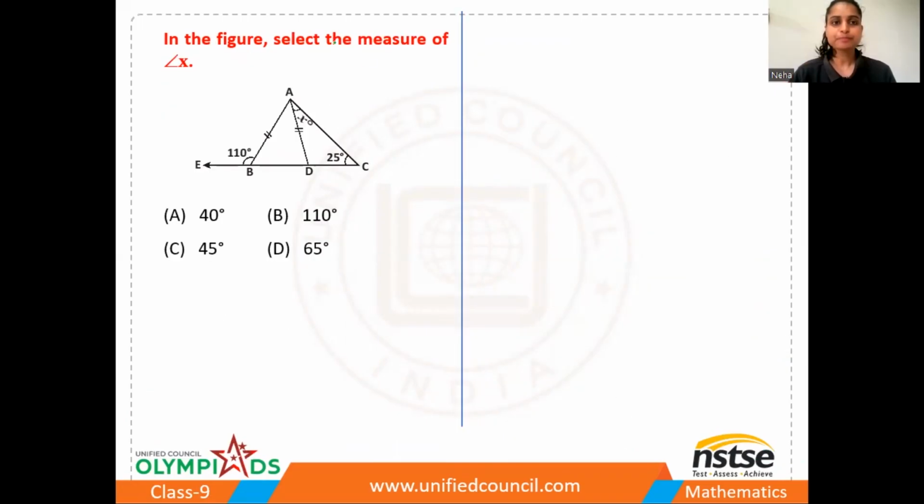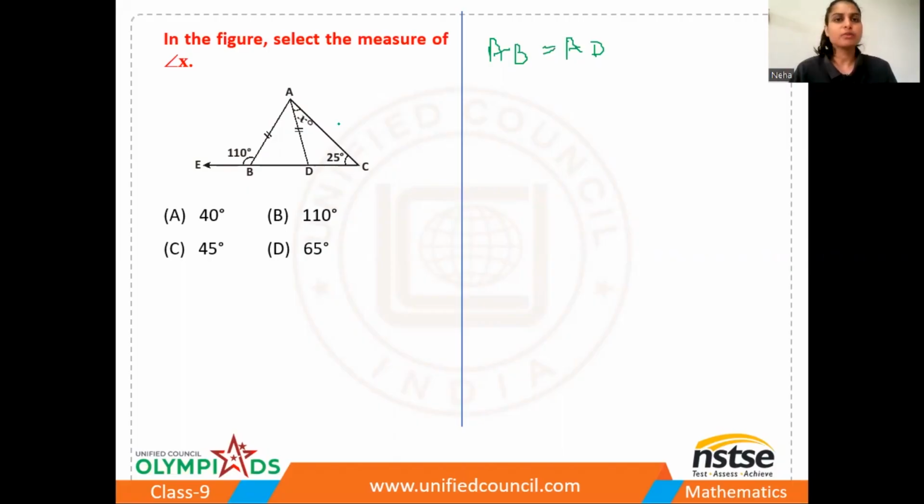In the figure, select the measure of angle x. Basically a triangle is given and some angles are given, and you have to find the measurement of this angle x. The angle is given as 110 degrees, and this angle is given as 25 degrees. One more thing is also given, that AB is equal to AD. You know one property, that if two sides of a triangle are equal,